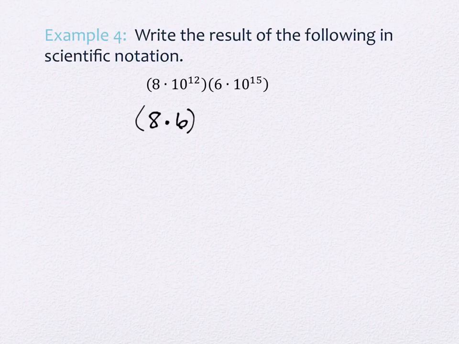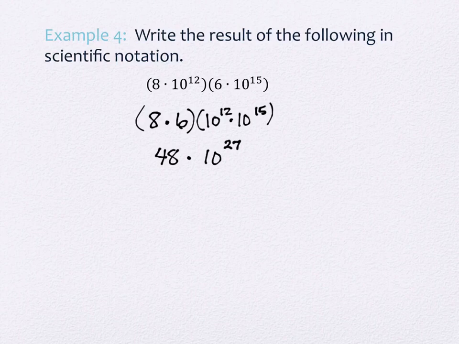The 6 and the 8. And I can put the numbers that have powers of 10 together like this. And I can multiply them in a different order. Now that's making use of both the commutative property and the associative property because I've regrouped and reassociated things together. Now, what's 6 times 8? 48, good. And 10 to the 12th and 10 to the 15th we did back in section 6.3. What do I do in order to make that a more condensed version? I add the exponents. So this would be times 10 to the